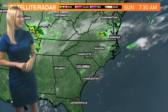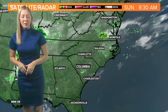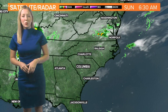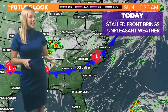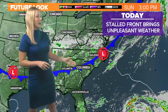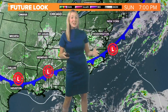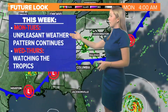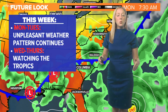Taking a look at our satellite radar, you can see that we're mostly clear for right now, maybe a few spotty showers, but we are going to see some unpleasant weather make way towards us here in the Midlands due to a cold front that's going to stay stalled over much of the southeast throughout the next couple of days, and that's just going to bring us a good chance each day to see some rainfall. So this week, that unpleasant weather pattern continues for Monday and Tuesday, but as we get towards Wednesday and Thursday,